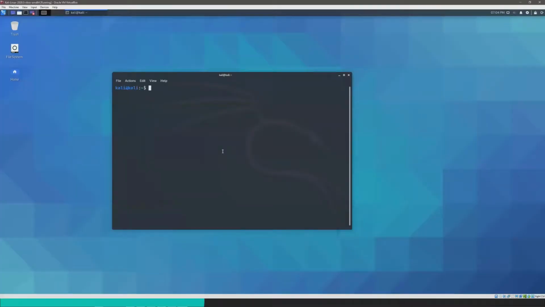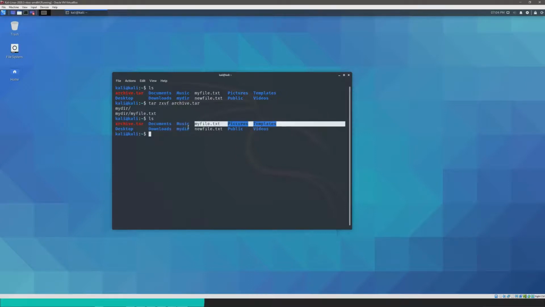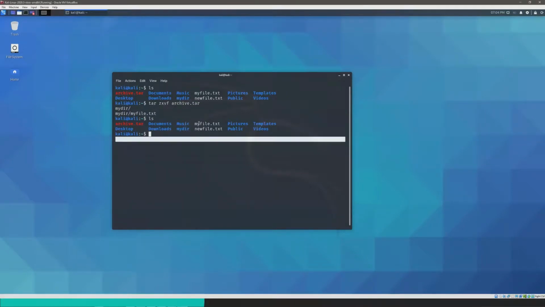So I'll demonstrate that. We have the archive.tar file from before, and if I wanted to decompress that, I can do zxvf. Those individual flags I've mentioned what they did before. It showed me that it got this directory and this file within that directory. When we check, it shows that this is the case here. The directory is what we've taken out, not this file, since we already had that previously. But yeah, that's what that does.